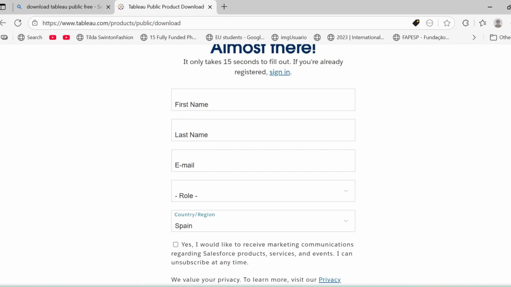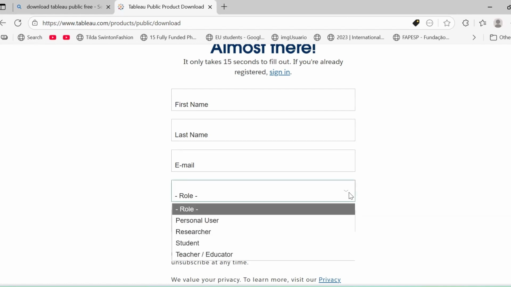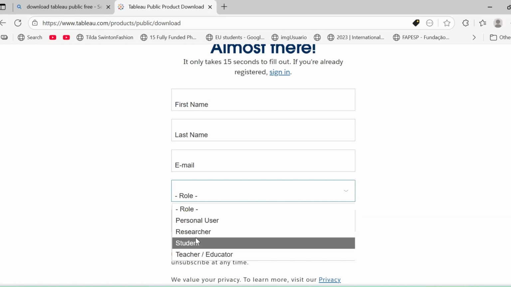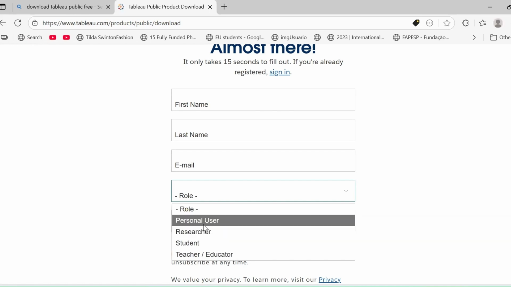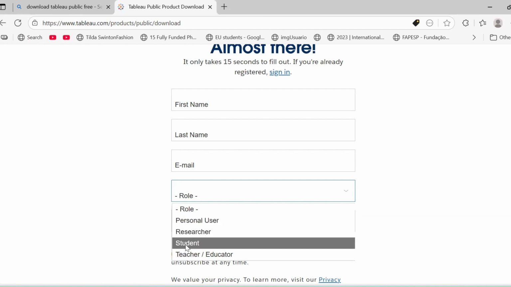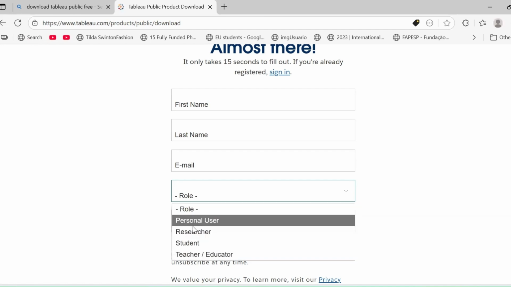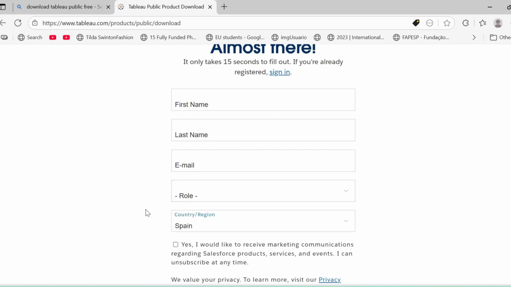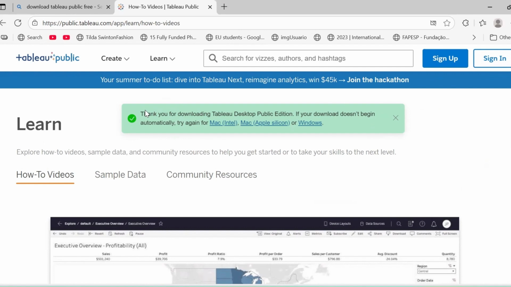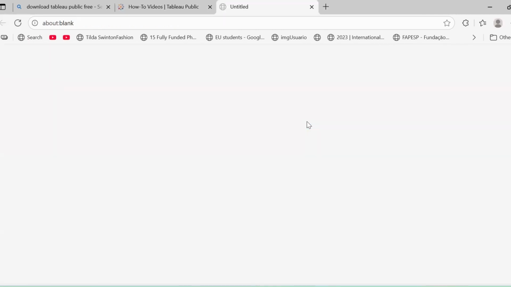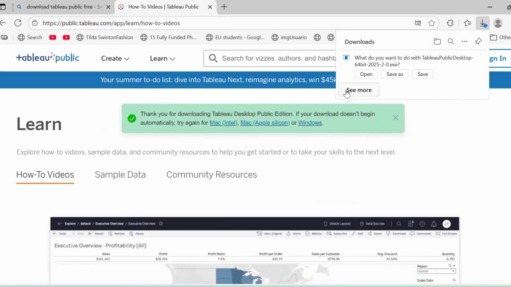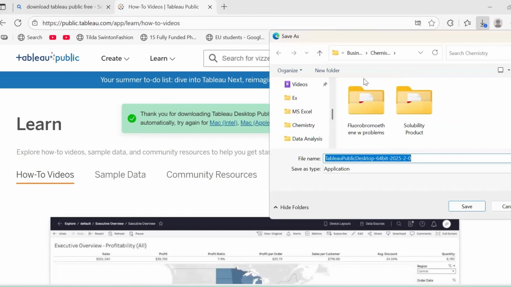To sign up, you will need to write your first name, last name, email, and choose a role that is suitable for you. Whether you are a personal user, researcher, student, or teacher or educator. Choose your role from here. And then click download. If download didn't start, you will get this note saying that you can click to start download. The download notification pops up, then click save as, choose where you want to save Tableau, and